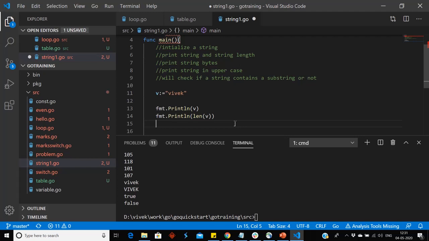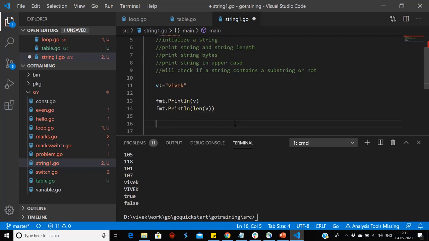Now we want to print the string bytes. For that we will use a for loop: for i equal to 0, i less than len v, i plus plus, and fmt.Println v[i].